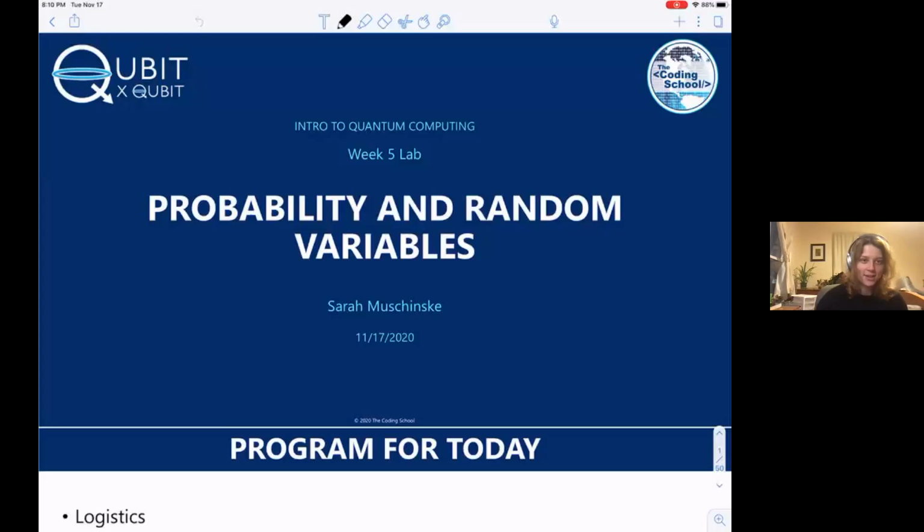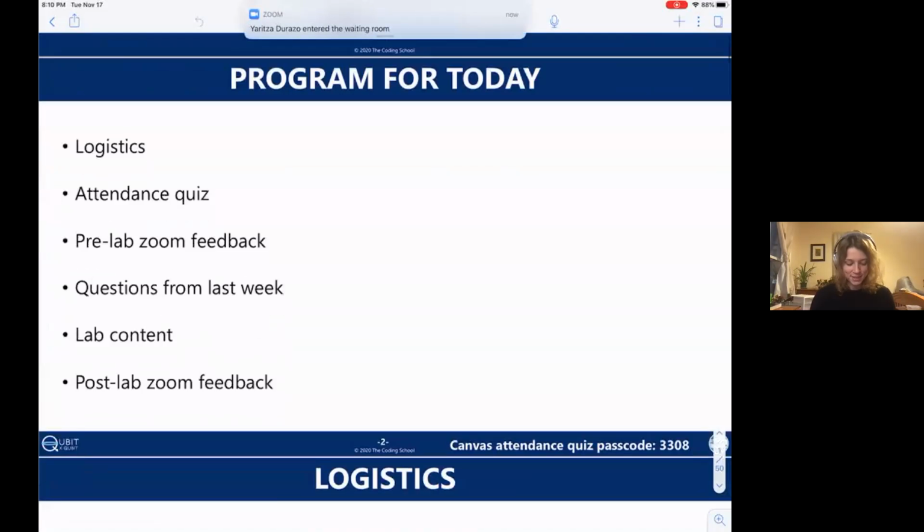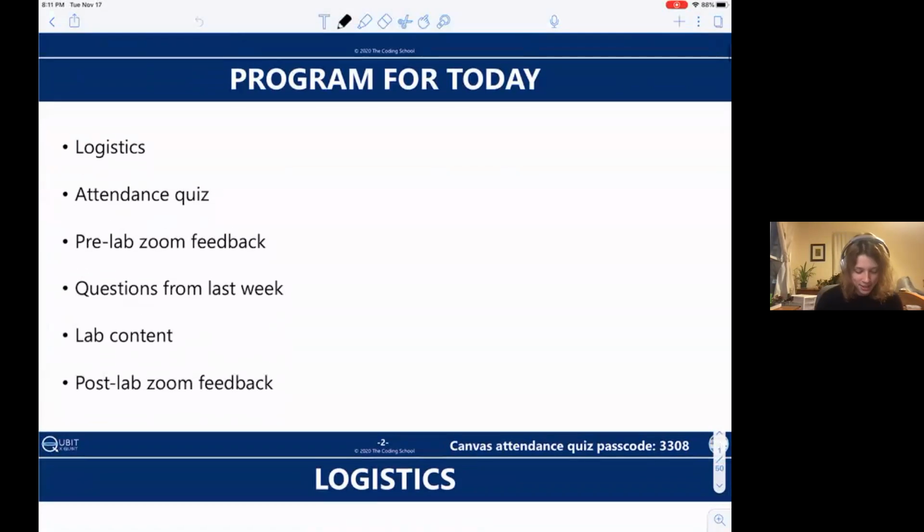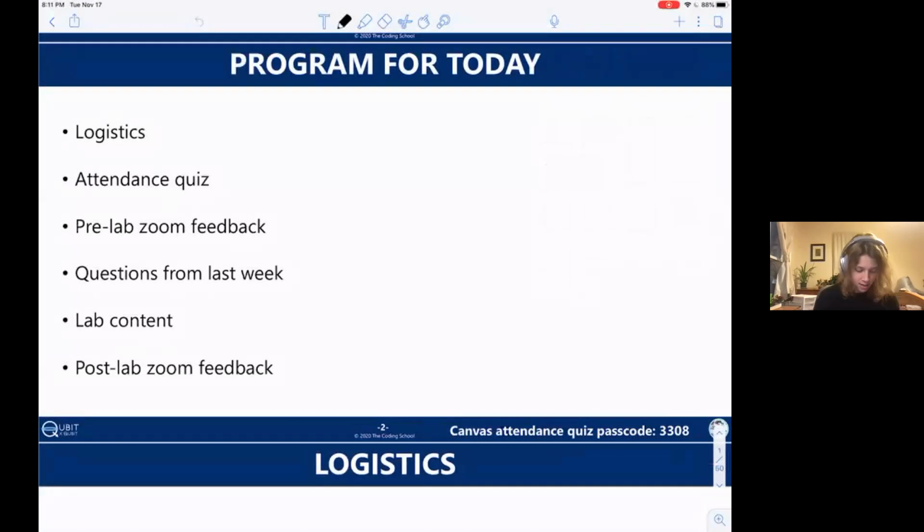So that's apparently how you share your screen on an iPad. You have to broadcast it. But we figured it out. And thank you everyone for mentioning all your really cool things you've learned the past week. I wish I'd have more time to go through things, but since we're already running late, I'm going to just try to race through.